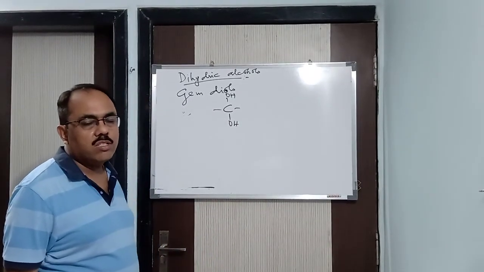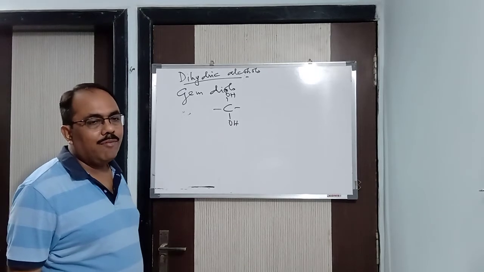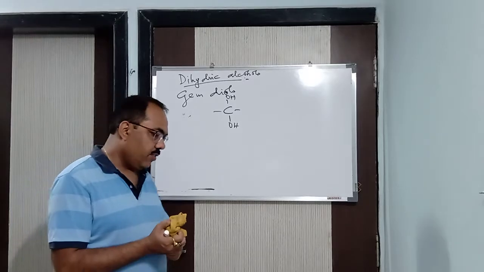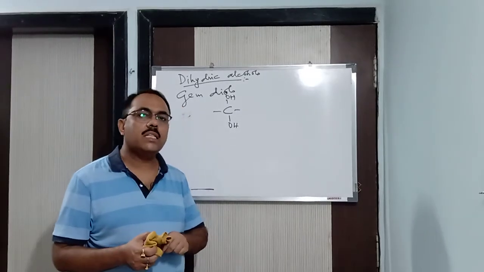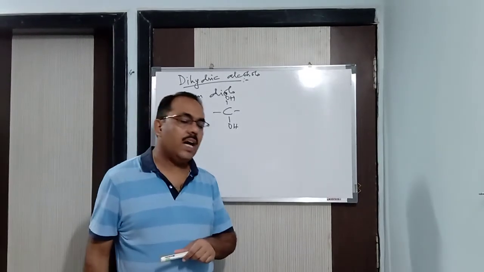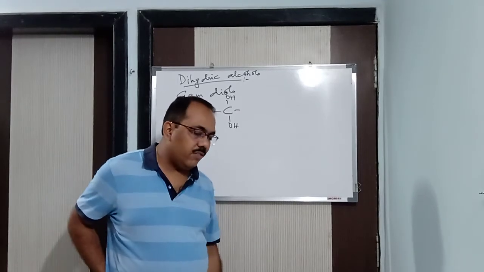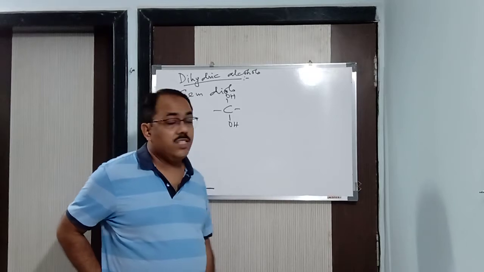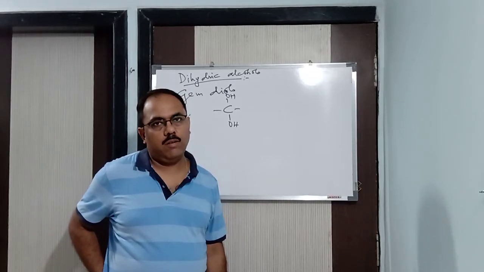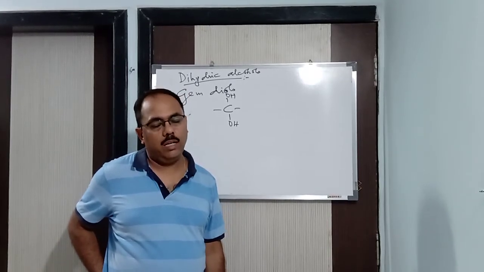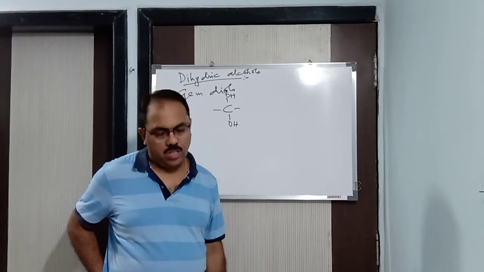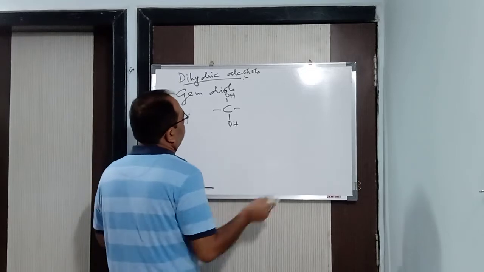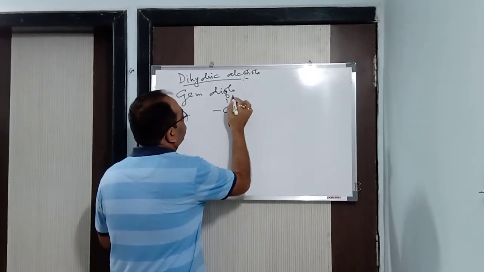But before going to this preparation, we have to note down something. So write it down, what I am saying, you please write it down. First of all, gem diols are unstable compounds. They are unstable compounds which convert into carbonyl compounds on dehydration. Gem diols are unstable compounds. They convert into carbonyl compounds on dehydration. Alright, now how is it? Okay, fine. Look here, how it is being done.